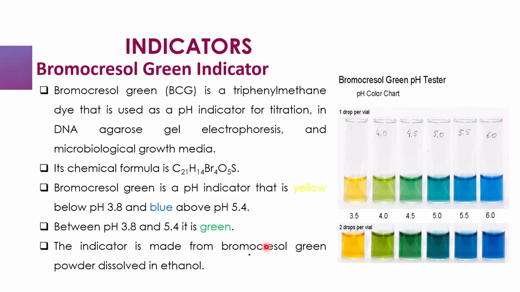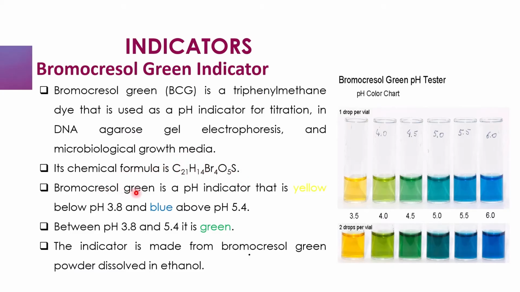So now let us look at some indicators that are normally used in the Scott method to quantify the amount of urea present in a substance. The first is the bromocresol green indicator. First of all, what we have to note is that bromocresol green is a triphenyl methane dye that is used as a pH indicator for titration, and also used as a pH indicator in DNA agarose gel electrophoresis and microbiological growth media. So its chemical formula is this,